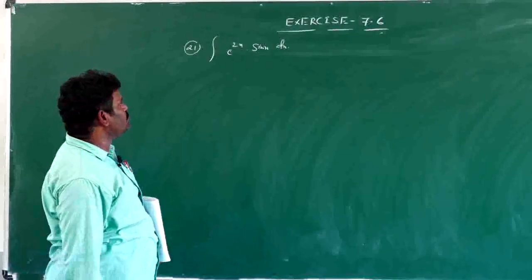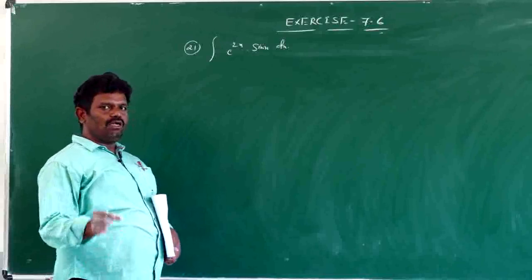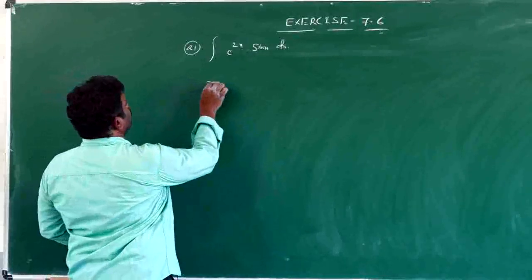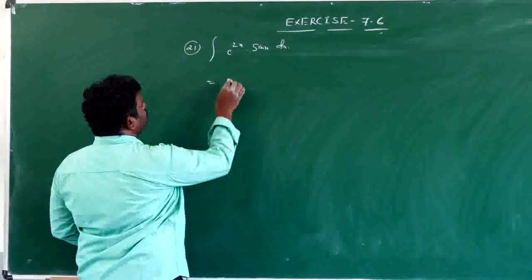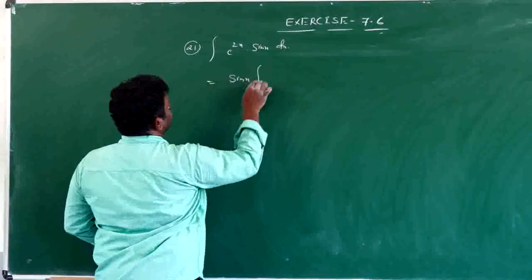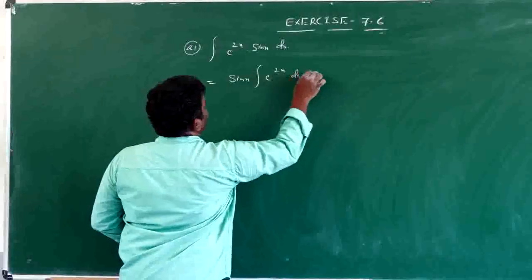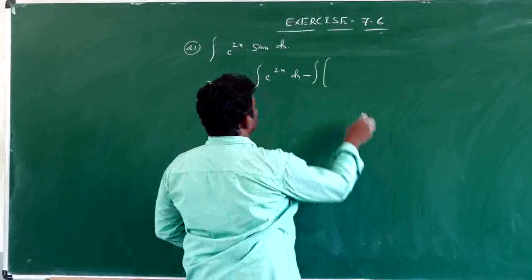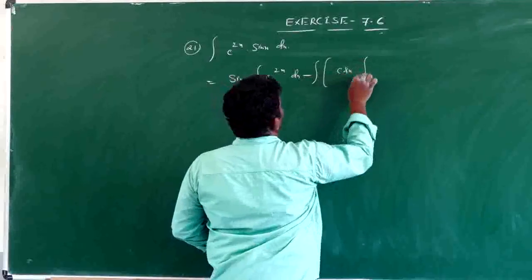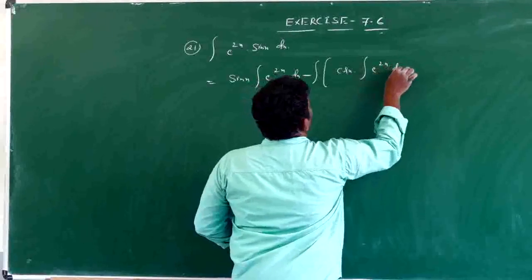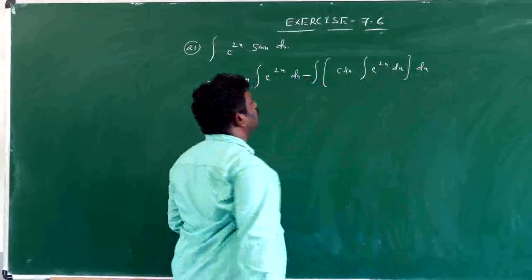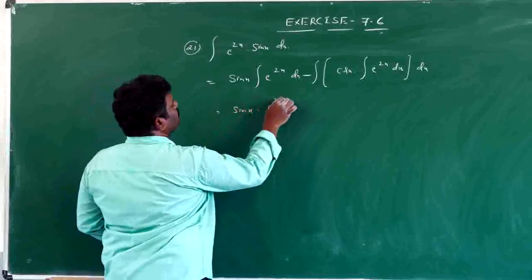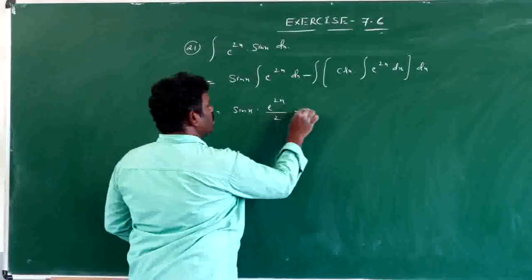So the first function we select here is f of x equals the trigonometric function sin x, and the exponential is the last function. That's why the first function is the trigonometric function. This value is sin x integral e^(2x) dx minus integral of f dash of x. F dash of x means cos x, integral e^(2x) dx, into dx. That is equal to sin x e^(2x) by 2 minus